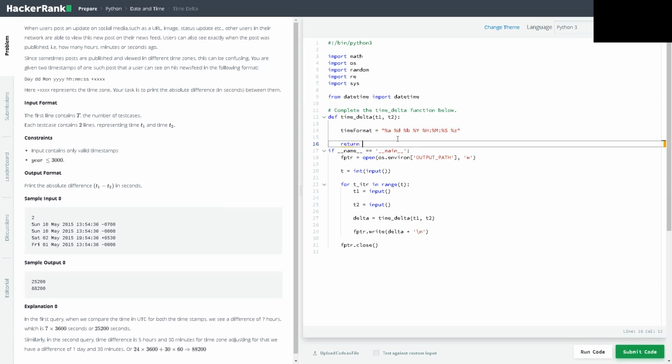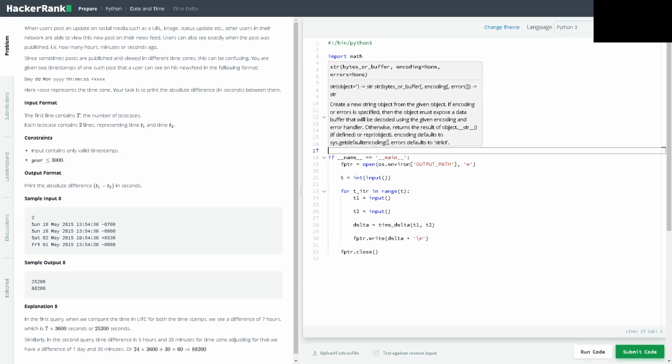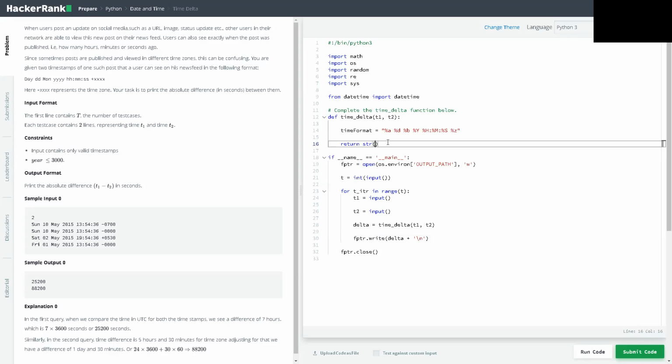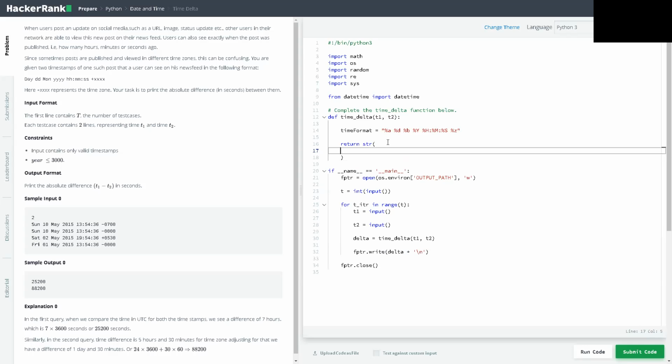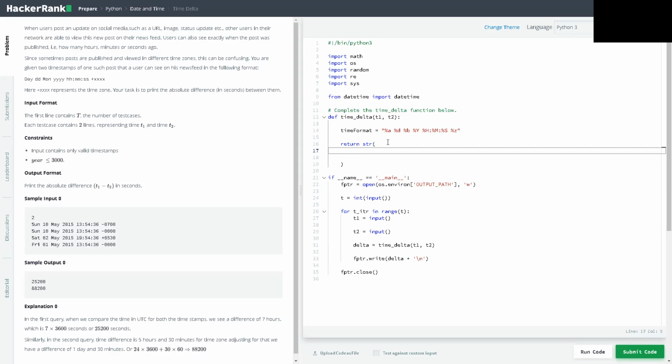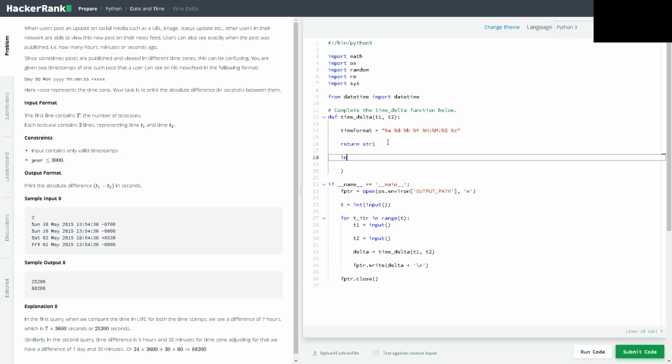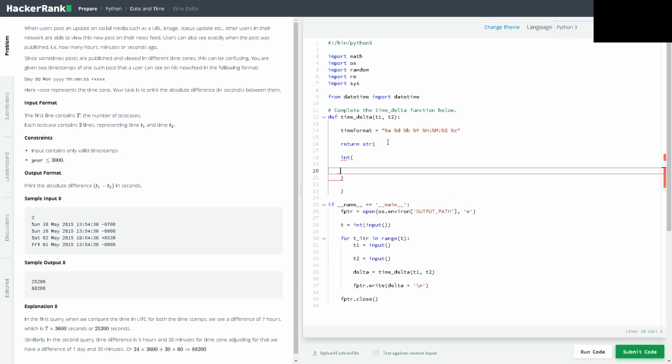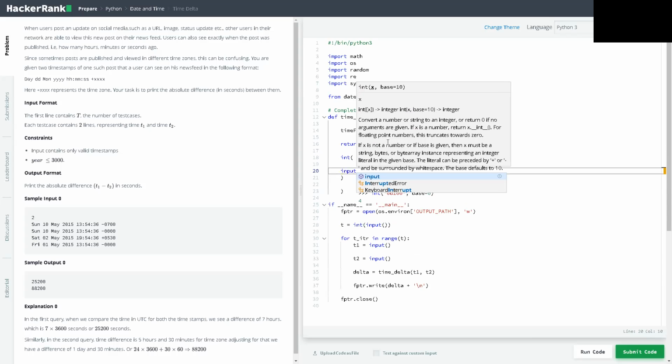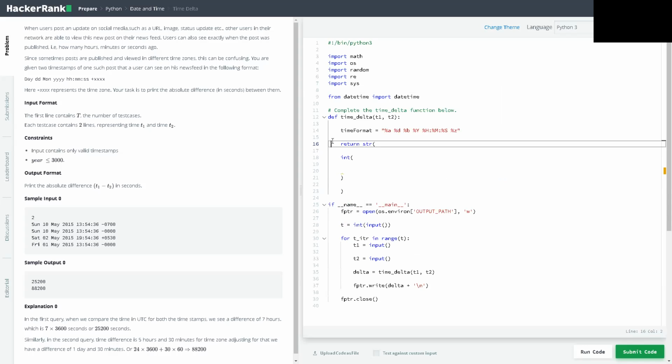Well, we will have to return a string, because later on we will get the delta and append it with a new line. So we will have to convert it into a string. After that, we will use string conversion. We use integers, and this will be input, not input. I forgot the. Okay, so